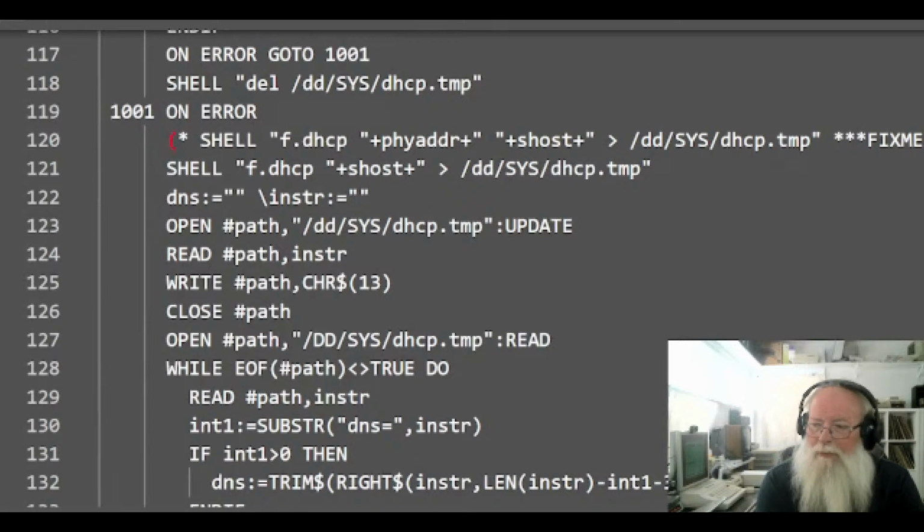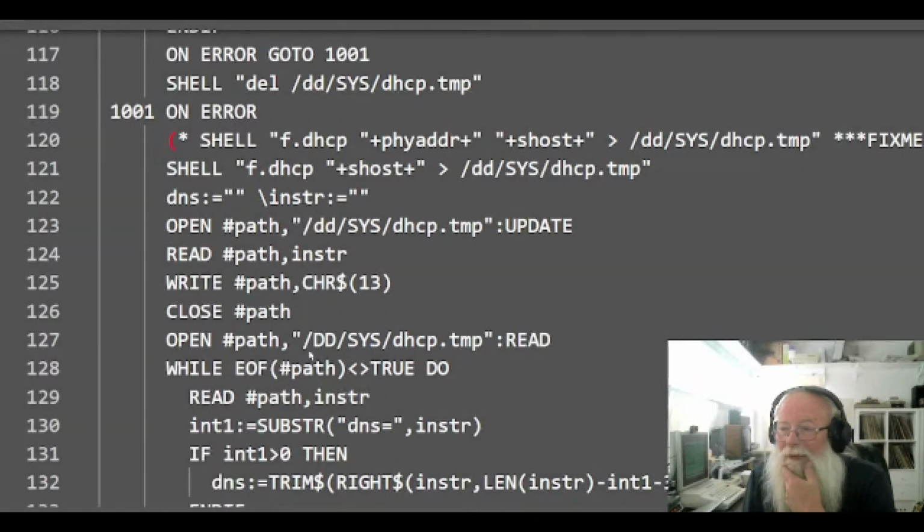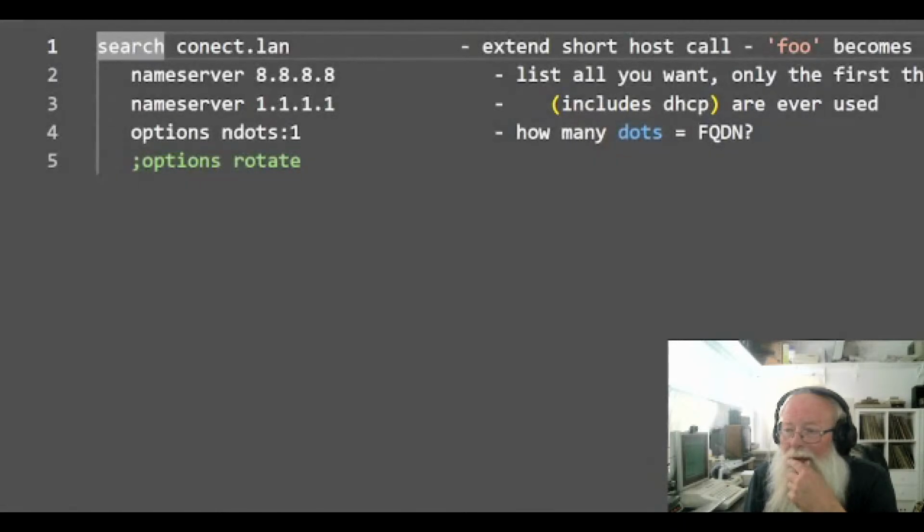So I made a temporary file. That way I can just read my temporary file, and I know that works. That's not a big error. A lot of people do that. I'm sure there's a way to, I think there's a way to do it, but once you've called a shell, I can't get it back upstream into BASIC 09 again. So anyway, that's what we've done. We've written a temporary file that sits there. And then